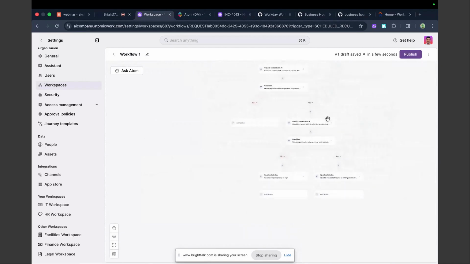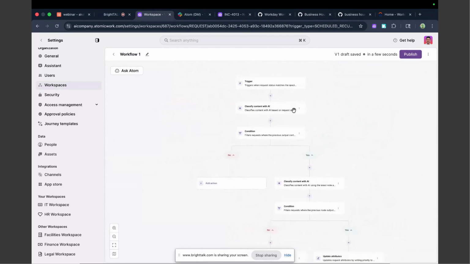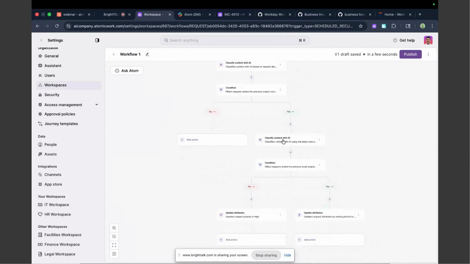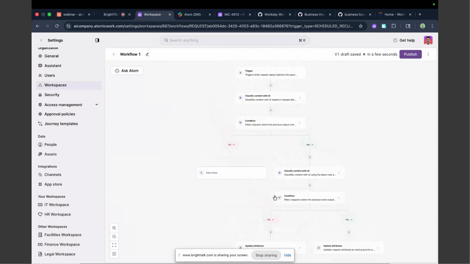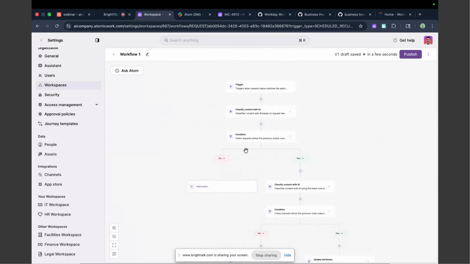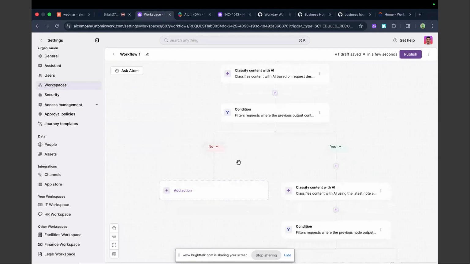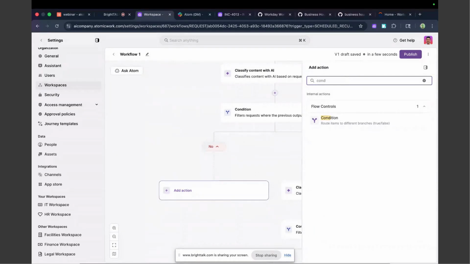So this is an example of how you can use AI-based classification to determine the intents or sentiment of what the user is saying, and then take actions based on that. We'll extend this use case slightly more to look at some other interesting concepts in the workflow builder. Like if you remember, this condition was to check for whether it's a network issue. But let's say it wasn't a network issue and it was actually a hardware issue. So I can just put another condition here